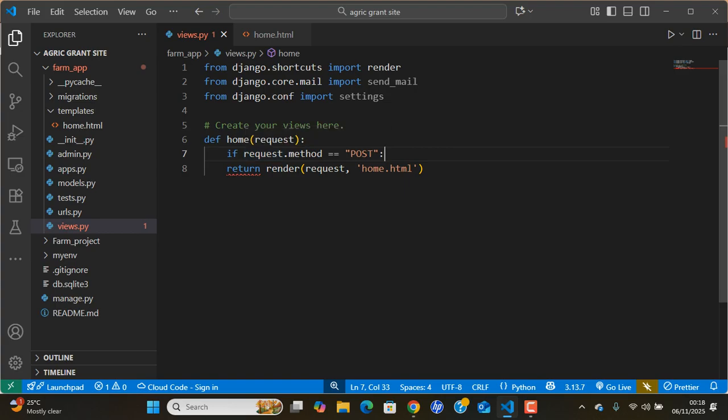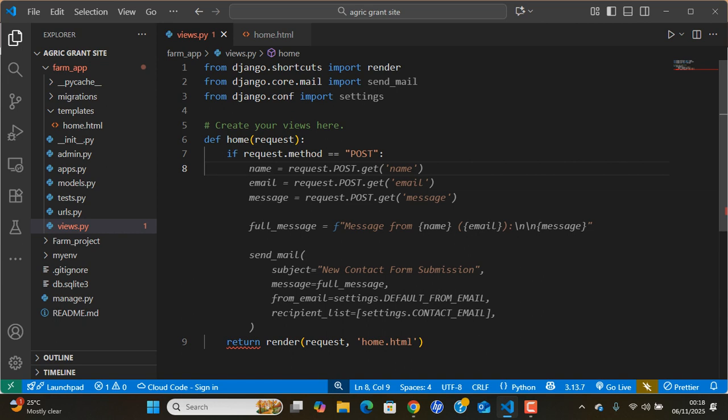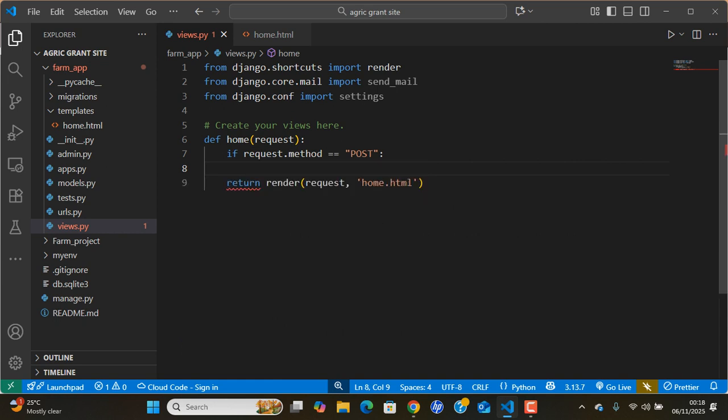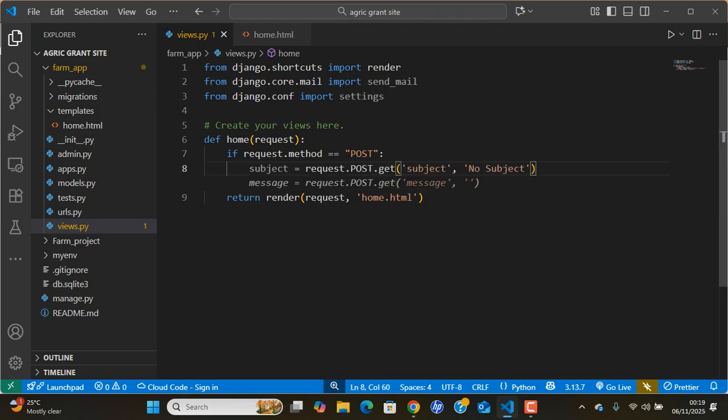What I want to do is just to call on the send mail function to send out whatever I have inside here in the email. I'm going to use this by just pressing my tab key, and what I'm doing right now is I want to get the subject, the message,